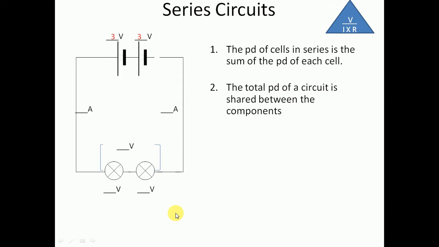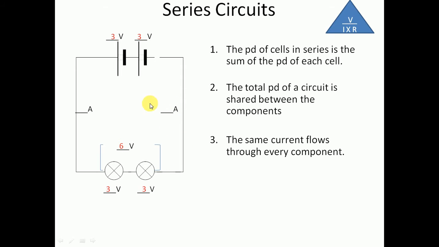Our next one, the same current flows through every component. Very important point. So if we think of this as like a hot water system, and the water flows through the pipe all the way down here, all the way through and all the way back, then the same amount of water flows through this point as flows through this point and this point and this point and this point, and obviously this point over here. So if we say that we have 1.5 amps of current here, then we will also have 1.5 amps of